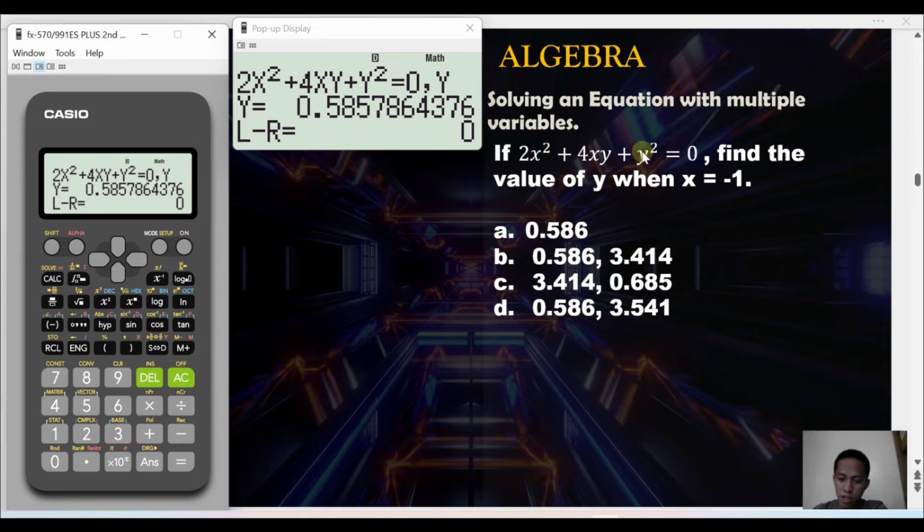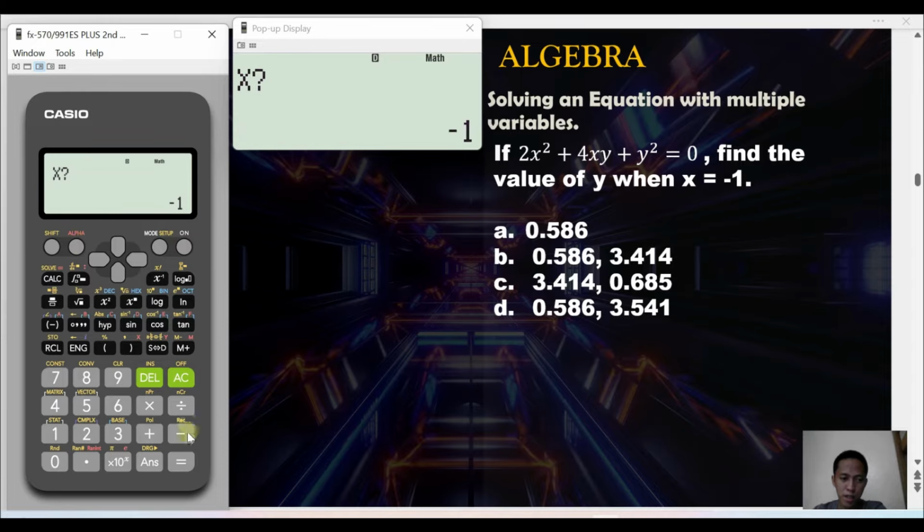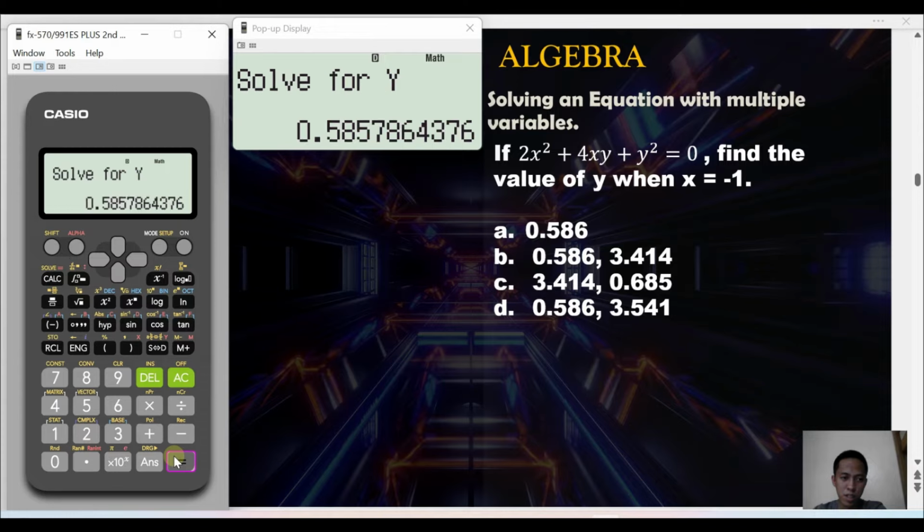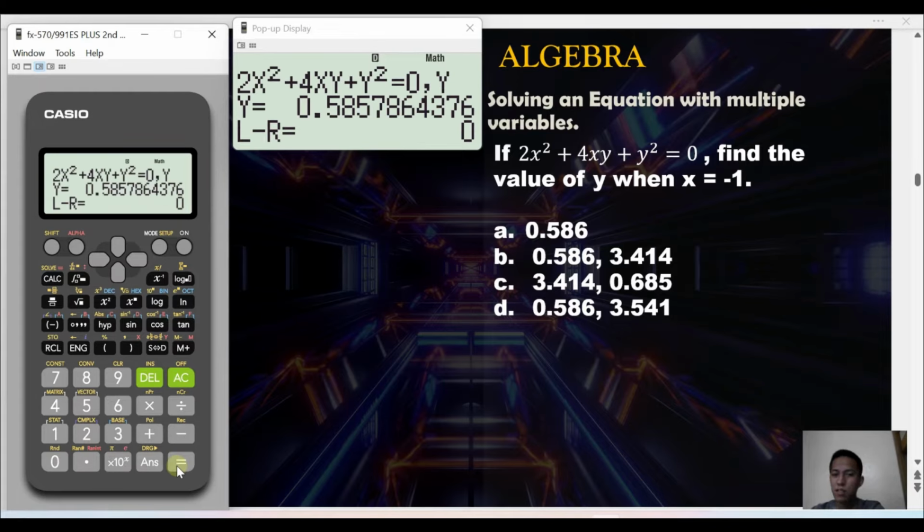So, ibig sabihin quadratic, it has two values. So yung ating first value na 0.586 for letter A, isa lang. So eliminated na siya. So dapat dalawa yung answer natin. So if you press shift solve, okay, kapag we have here x negative 1 equals lang. Okay, kapag naglagay ka dyan ng 0 guys, yung ilalabas niyang answer is yung malapit sa